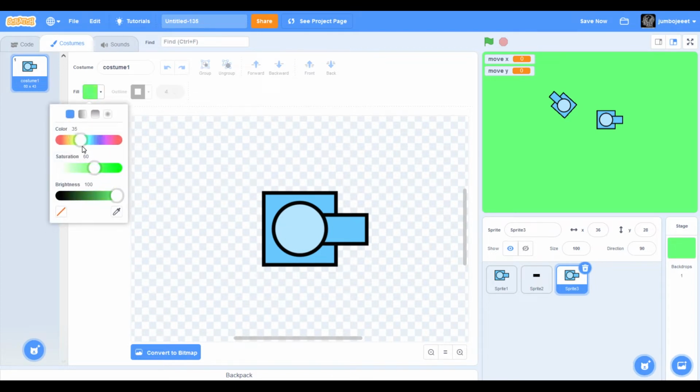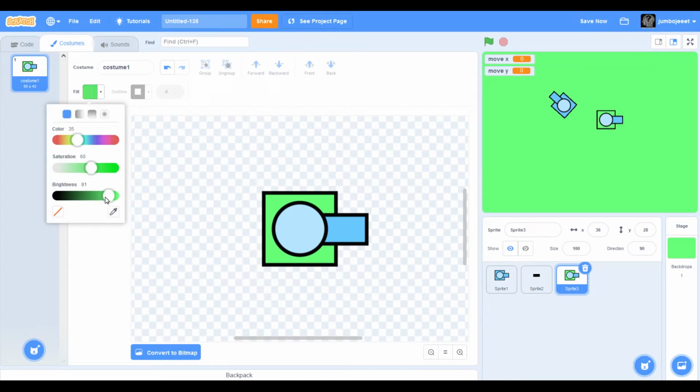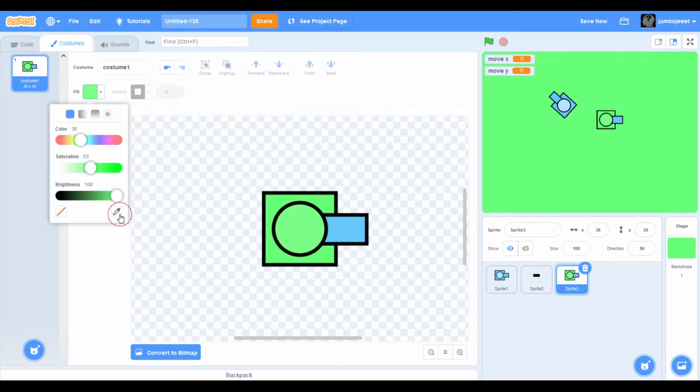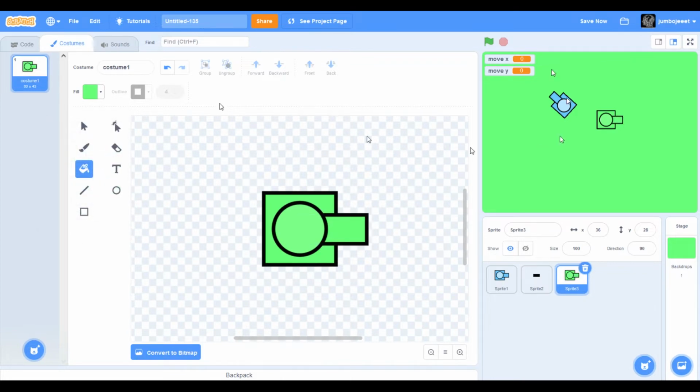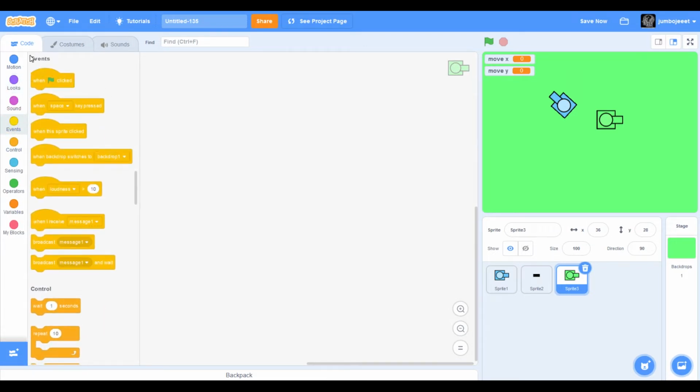Let's change it to like enemy tanks, to be zombie tanks. I don't know if that makes any sense, but let's just do it. Enemy tanks, zombie tanks, enemy zombie tanks. Whatever. Okay, I'm gonna copy this color and then there we go. We have enemy tanks. So I'm going to have to go to the code, and then when green flag clicked